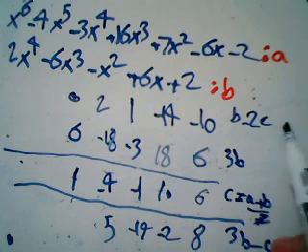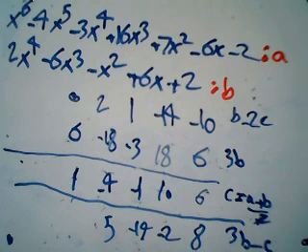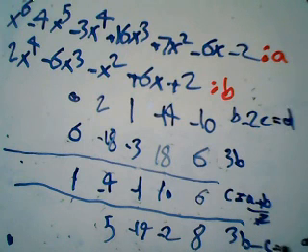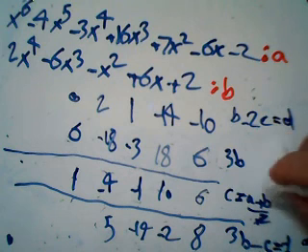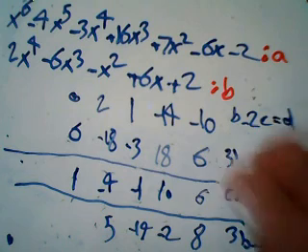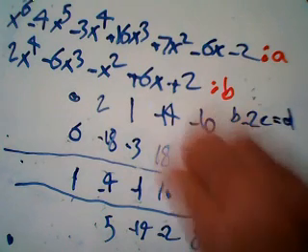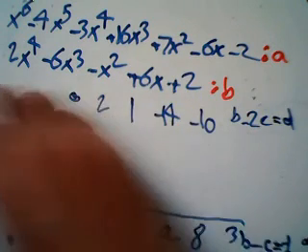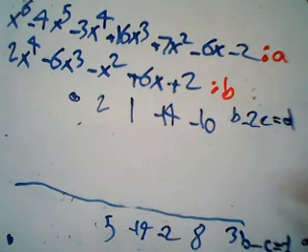Let's call this one D and this one F. Okay, and we don't need these two because they are of the degree of 4. Now